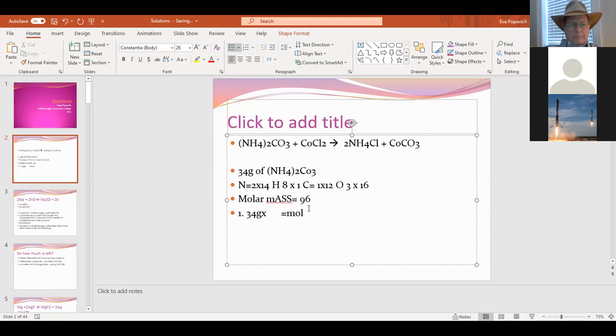So you're going to want to put your 1 mole and then over the molar mass? Okay. That seem reasonable to you, Chase? Yeah. I was pretty confused for a second because I forgot you gave the 34 grams of NH4. Okay, this gives me 0.35 moles of